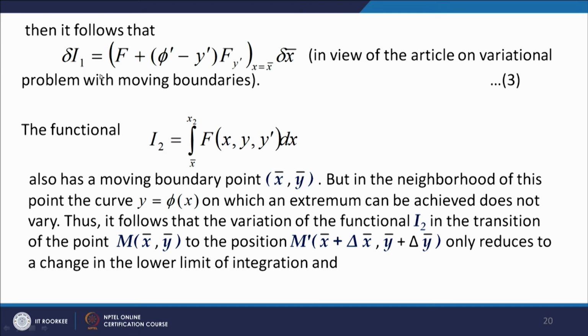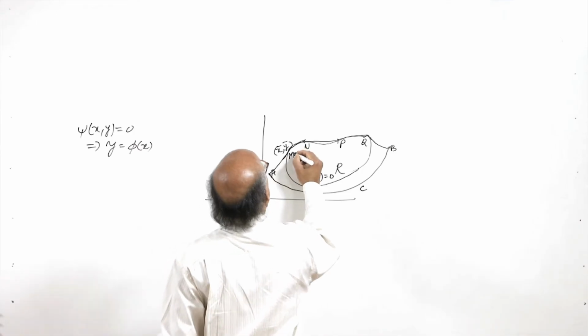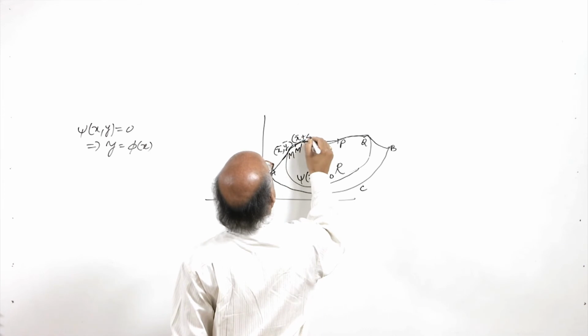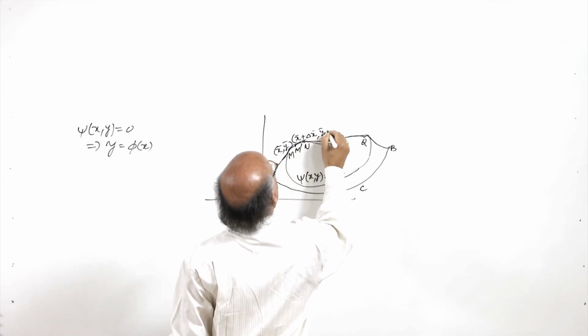So, delta I1 is this, and the functional I2 equal to the integral from x bar to x2 of f(x, y, y') dx also has a moving boundary point, which is your x bar, y bar. But in the neighborhood of the point x bar, y bar, the curve y equal to phi(x), on which an extremum can be achieved, does not vary, and so it follows that the variation of the functional I2 in the transition of the point M (x bar, y bar) to the position M dash, let us say M dash is here, (x bar plus delta x bar, y bar plus delta y bar),